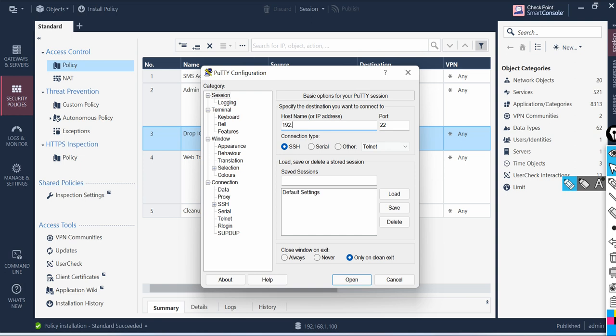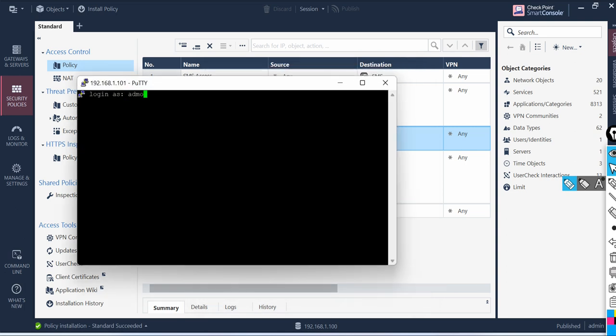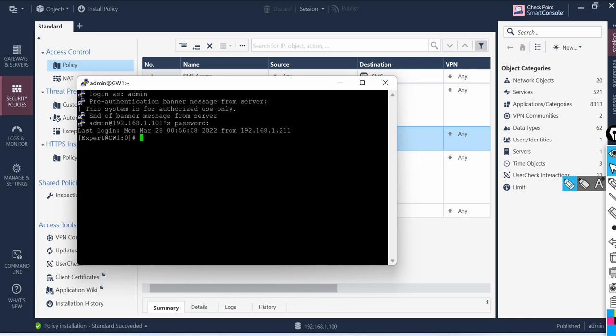So 192.168.1.101 is my gateway IP address. Let me log in. And here I will show you